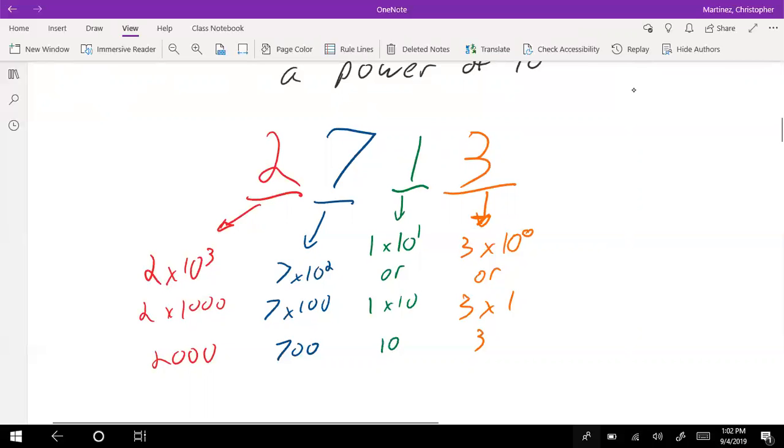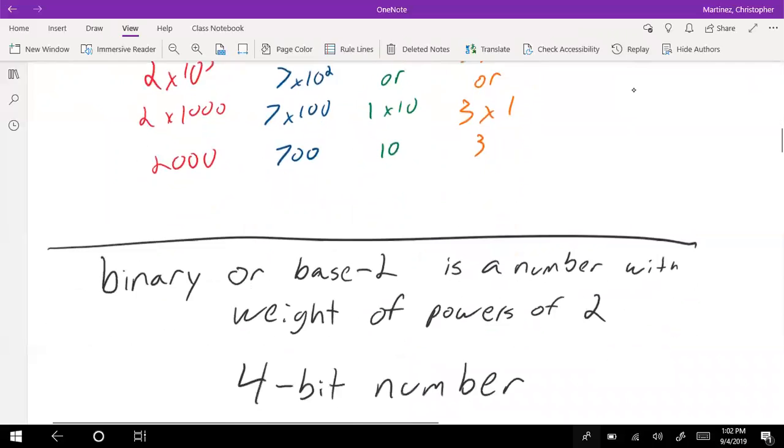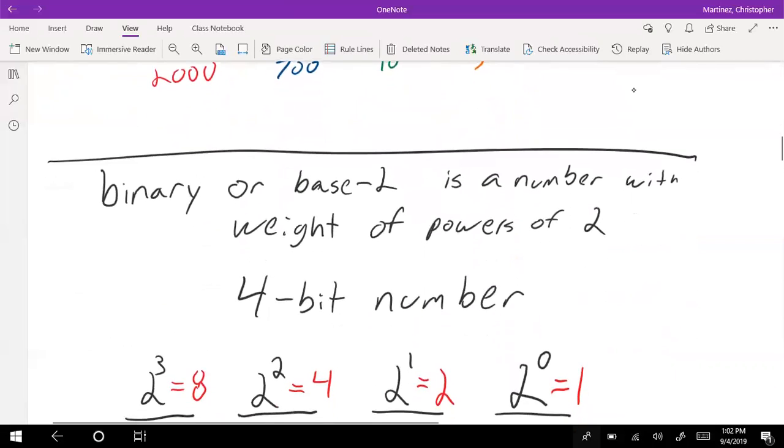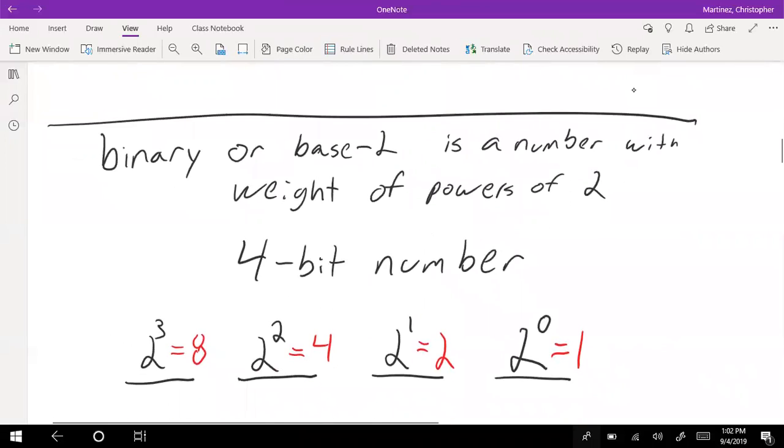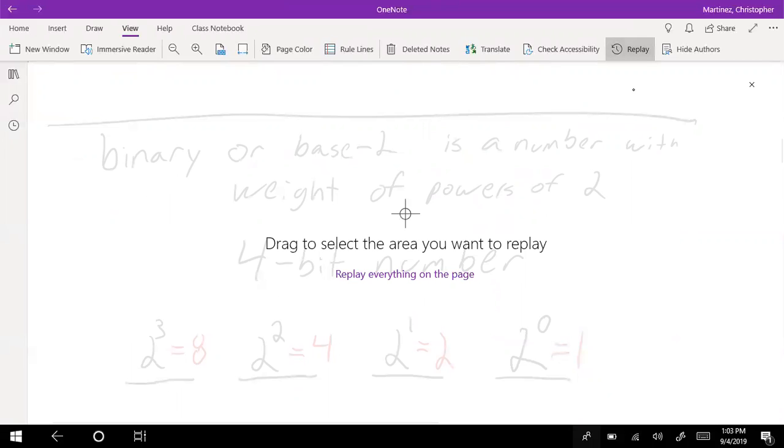So we're going to take this and we're going to expand that idea down to binary. And what binary is, it's a base 2 number where we have weights that are in the powers of 2. So here we're going to have a binary number that's 4 bits. So 4 bits means we have 4 digits. If we look at the weights of these digits, we are going to have,